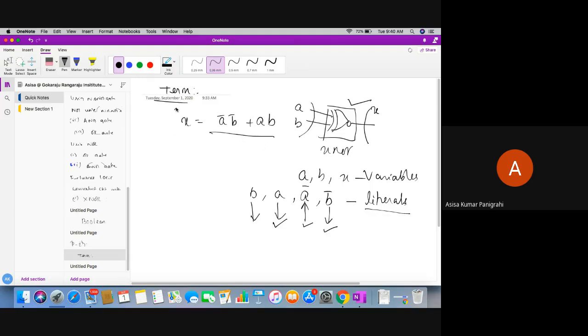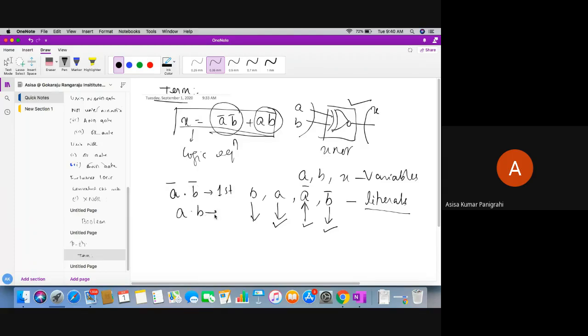And this one is the logic equation. Now the question is, what is a term? A term is nothing else. This is one term, this is another term. A term is the combination of literals or variables with the operators. Here the combination of literal A bar and literal B bar is the first term of the logic equation.